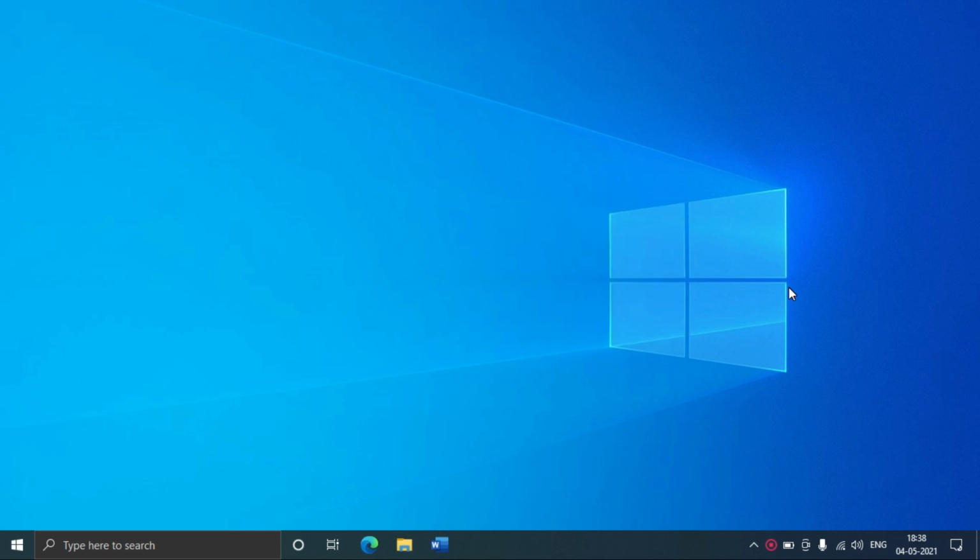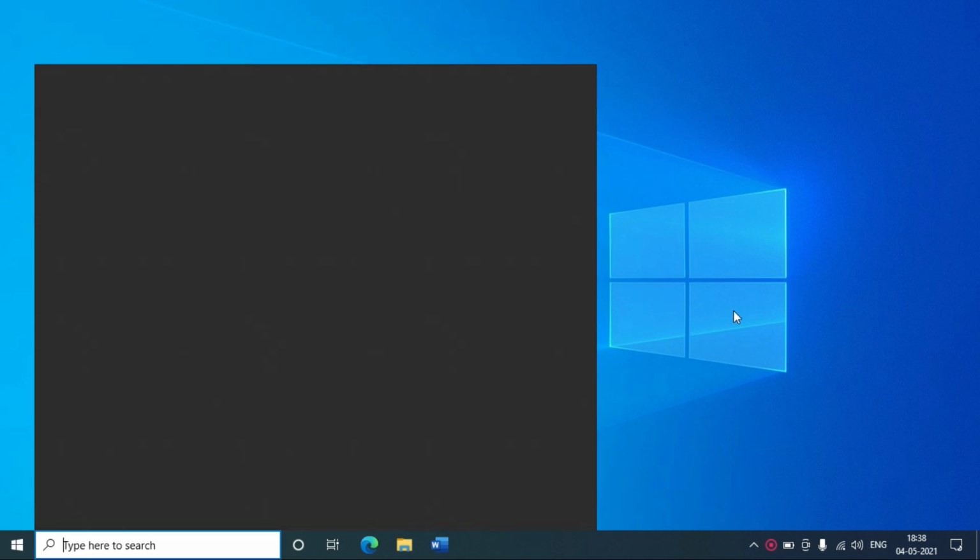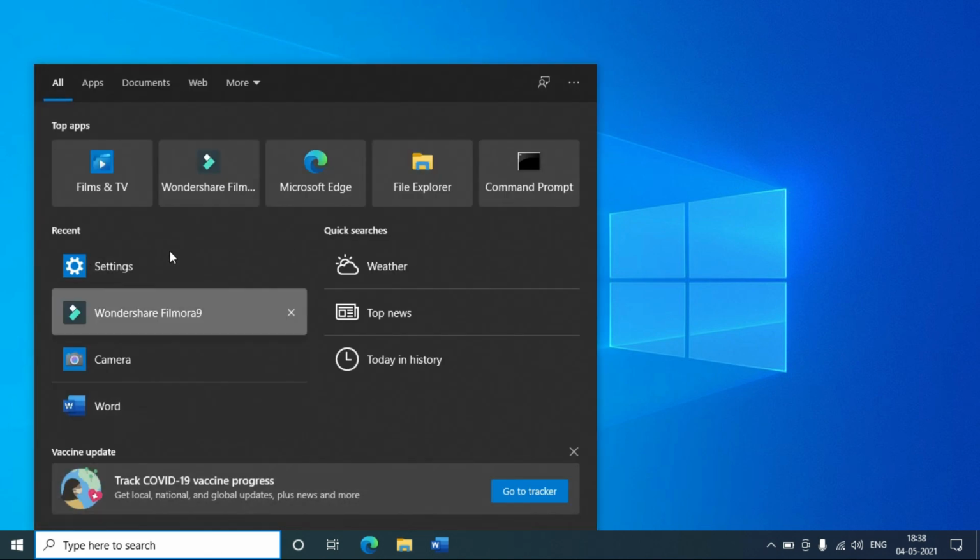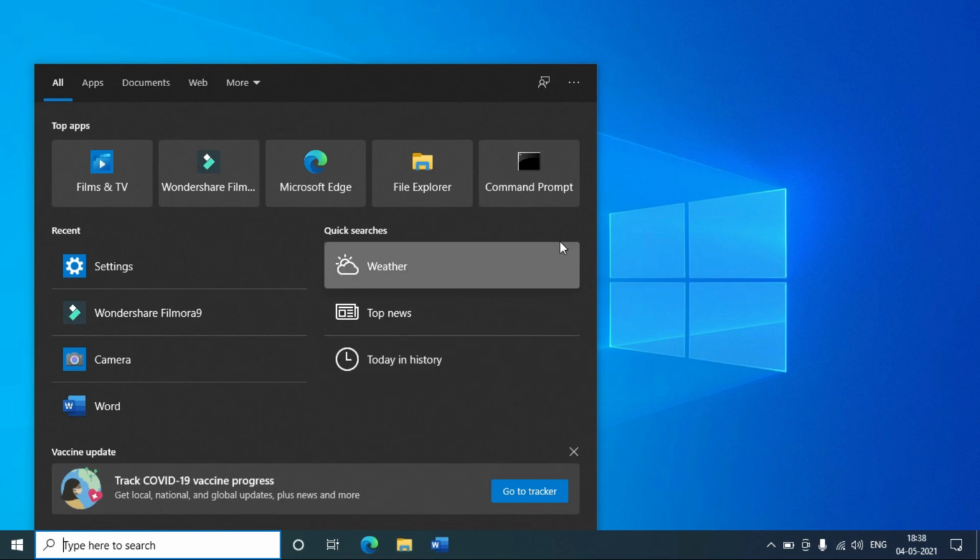The next tap gesture is the 3 finger gesture. I tap with 3 fingers, it will open Windows search. I'll tap with 3 fingers and the search is here. So I can search anything. So that's really easy. I just tap 3 fingers, I type whatever I want, I hit enter and whatever I want is there on screen.